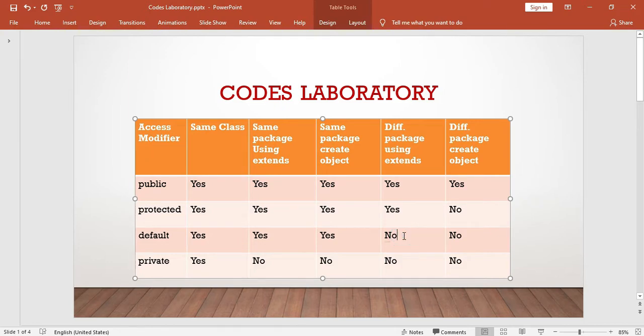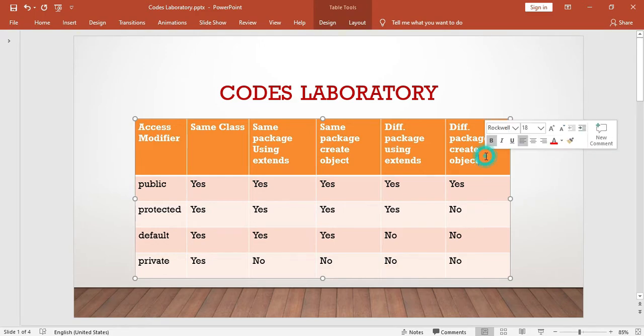And in case of default, no, we cannot access any default property outside of that package. So as you can see, you cannot use the default property outside of that package. And the private, we have already discussed that private property can only be accessible in the same class.